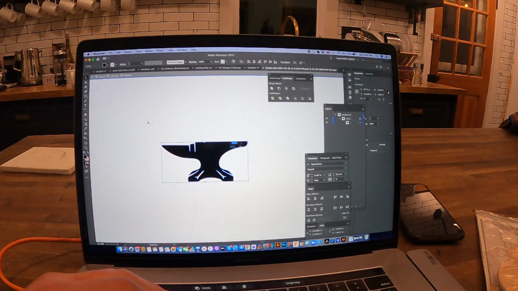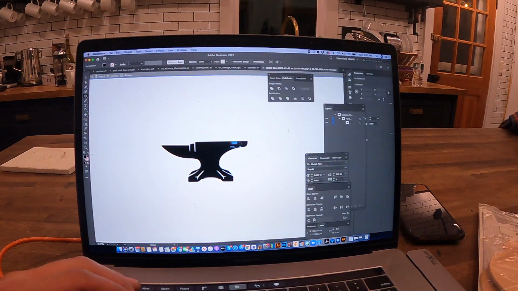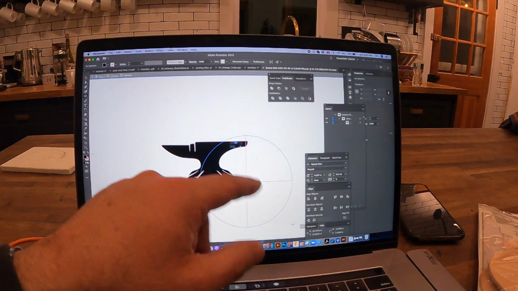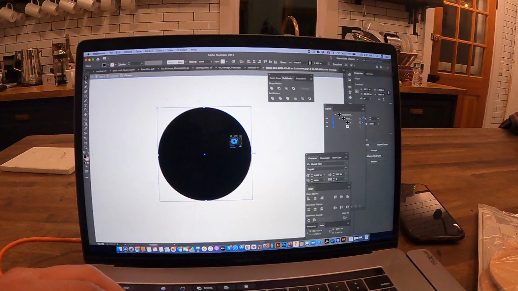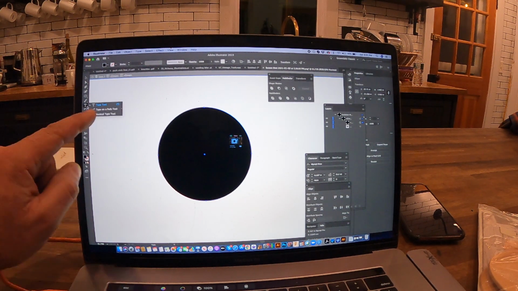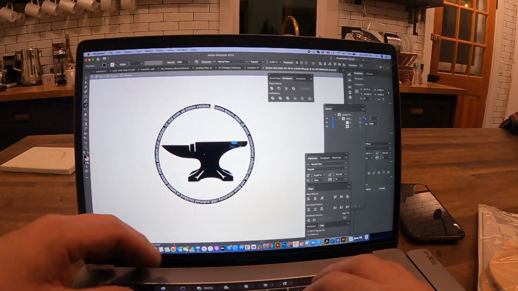So we're going to make the artwork. I'm not overly concerned about how big my circle is right now. We'll size it in a minute. But what I do want to do is make a circle, and Illustrator's got these automatic things. So I'm going to put that circle up there. I'm going to turn that into typeface. I'm going to grab type on a path, and I'm going to type in